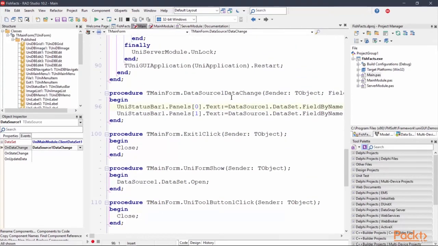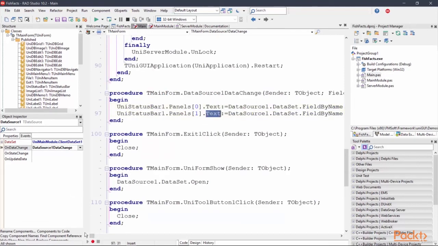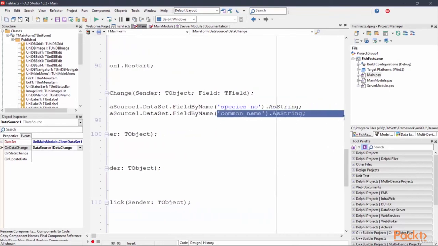So in the OnDataChange event, the UniStatusBar panels 0 text object gets data source 1 dataset and fields by name species no, and it gets the AsString. And the next text object gets the common name